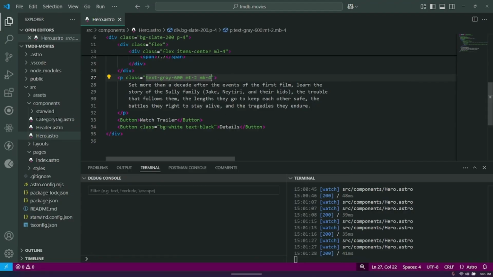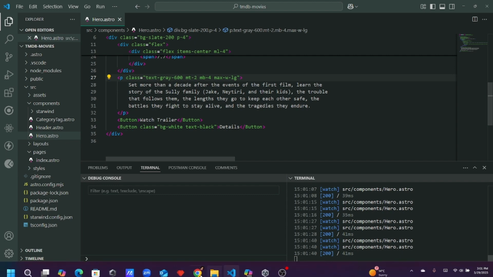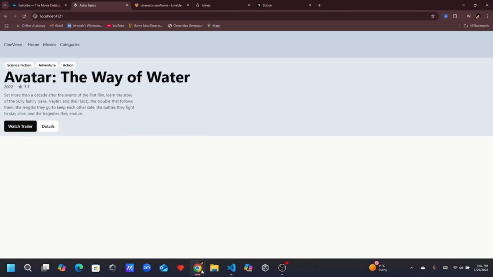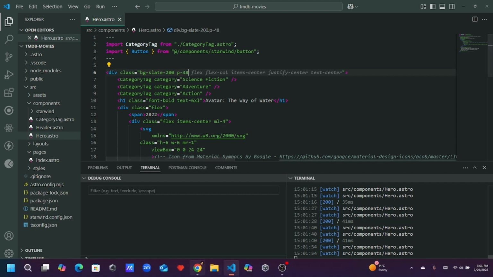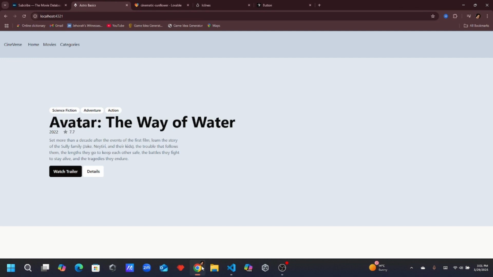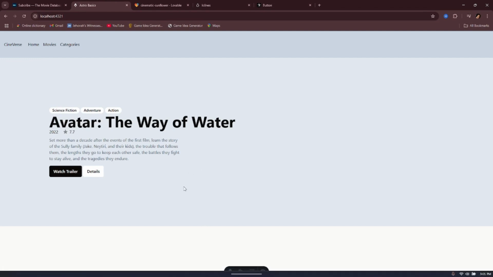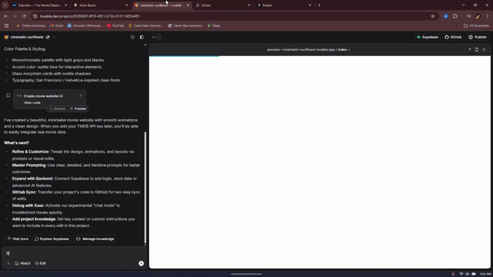And we're going to add a max width, and we're going to say LG. Okay. Excellent. So now we need to make sure we add the padding to the whole div. So the padding, we're going to say 48. Let's see what that looks like. Looks pretty good. So it's very, very similar to what we have here,